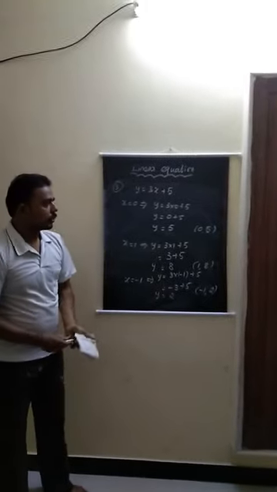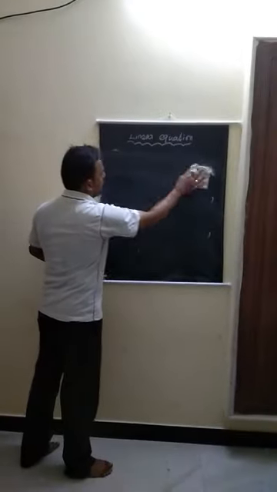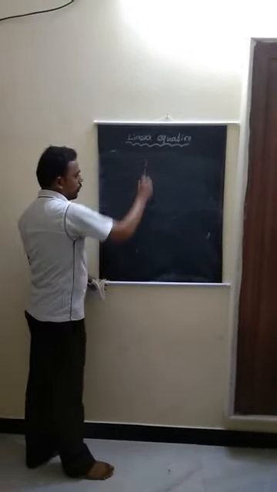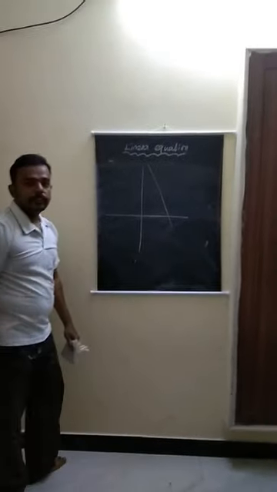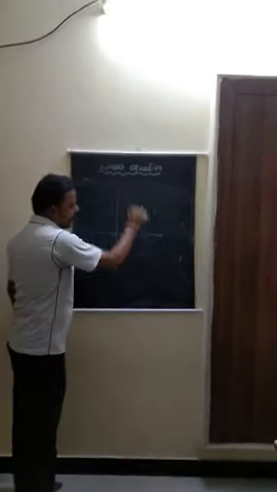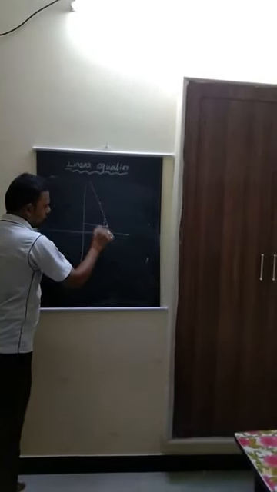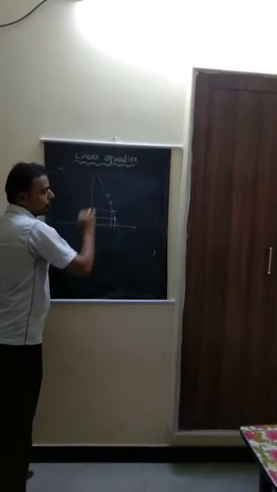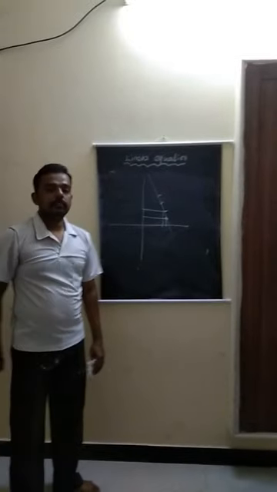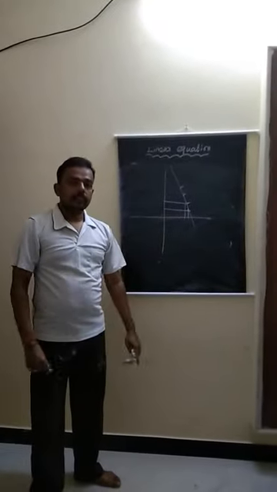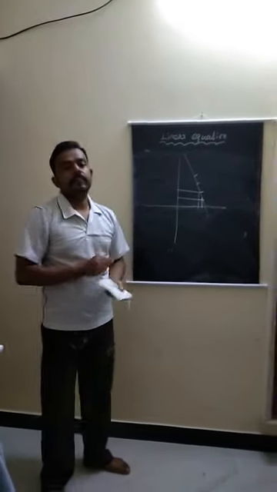So think about the solution. What is meant by the solution? Why do we want to discuss it like this? Suppose in your graph you are going to draw the line. What is meant by the solution? In that line you have many points, that is x distance and y distance. All are solutions. That is the line passing through the particular points. How many points are in a line? 1 point, 2 points, 3 points. Many points are there. So that's why we have infinitely many solutions.